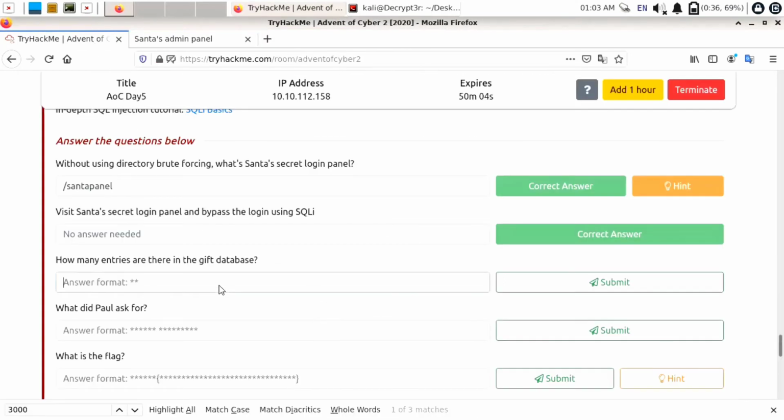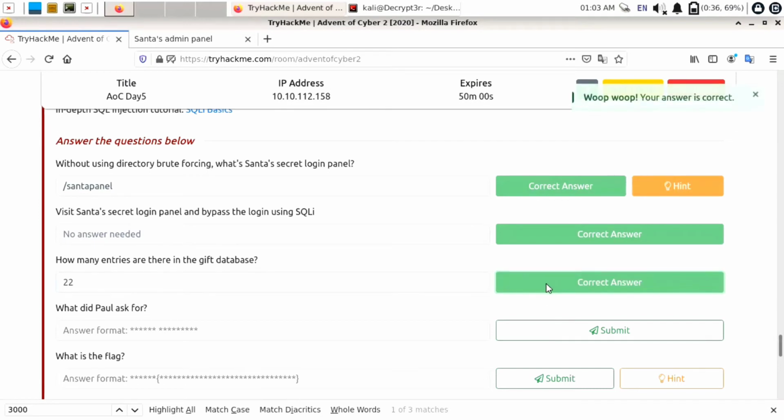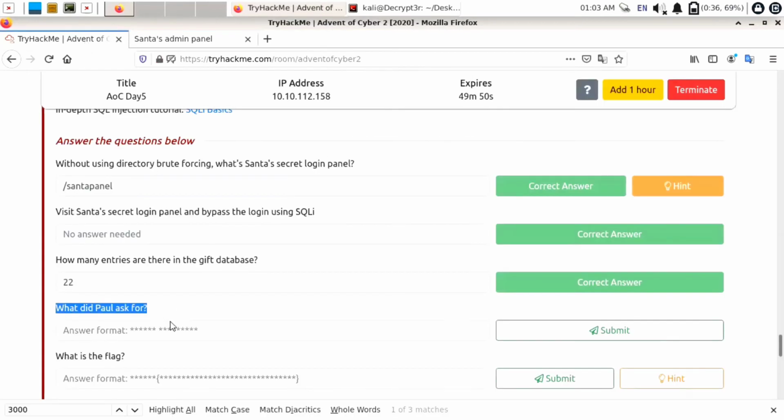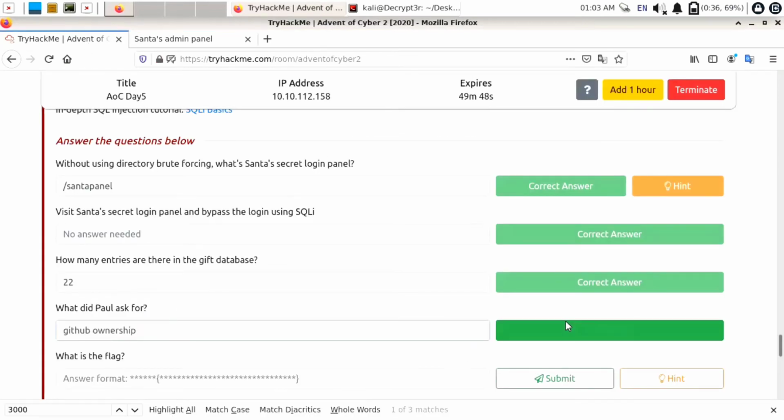So there are 22 entries in the GIP database. Click on submit, and our answer is correct. Now what did Paul ask for? So open Santa's admin panel, and here you can see Paul asked for GitHub ownership. So you can copy this GIP answer and paste it into the answer format. Click on submit, and our answer is correct.